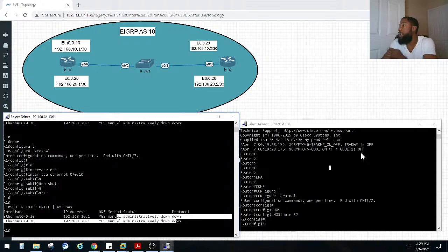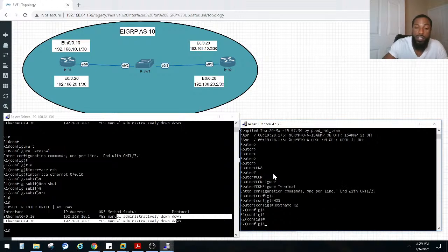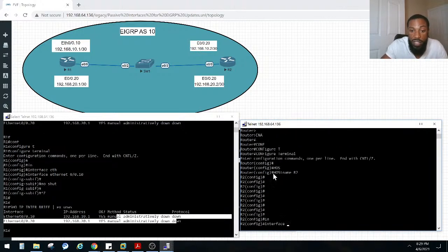While somebody over there thinks about that and puts the answer in the chat, I'm going to go to router 2 and do the same thing, right? We're going to put these subinterfaces in their respective VLANs, and also put their IP addresses. So same thing that we did on the other side, we're just doing it on router 2, right? So interface Ethernet